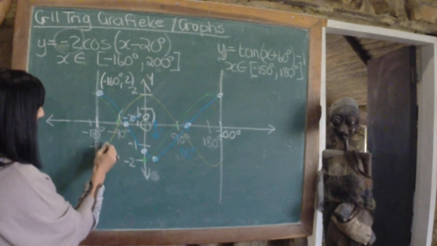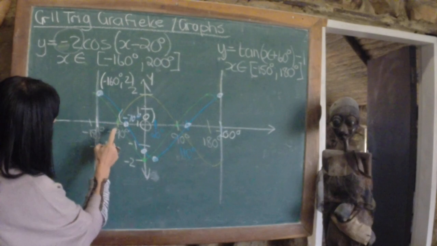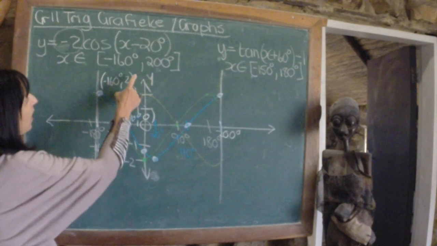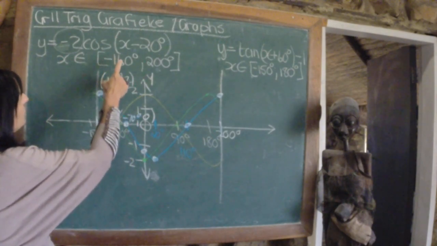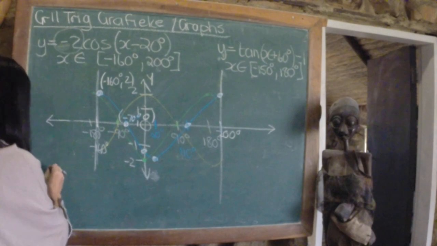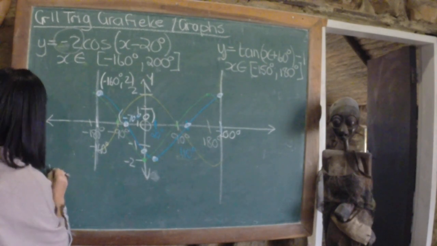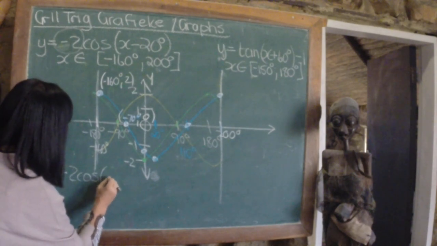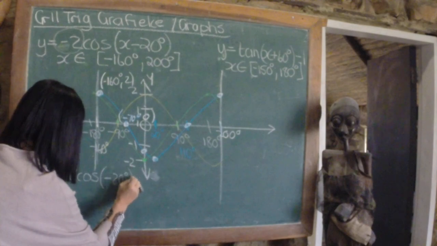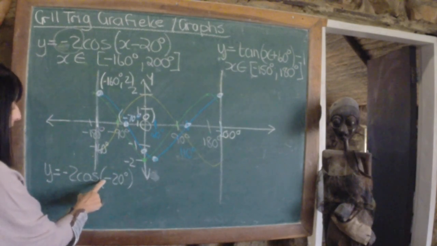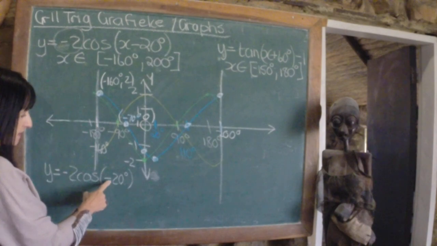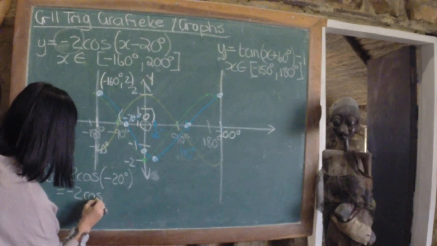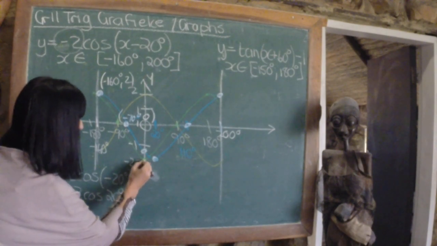Daai ouetjie is by minus 106 nie. This guy, we must determine the y-intercept. So, wat doen ons? As jy met jou sakrekenaar jou y-afsnit gaan uitwerk, dan sê jy y is gelyk aan minus 2 cos van minus 20 grade. Dis 360 min, remember if there's a minus in front, it's 360 minus, so you can put into your calculator minus 2 cos of 20 degrees, and you can get your